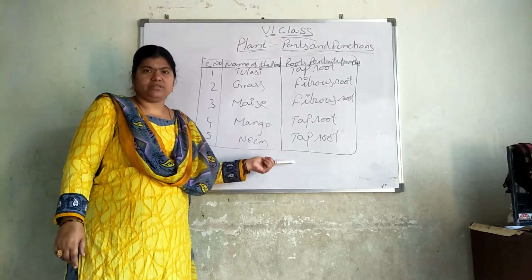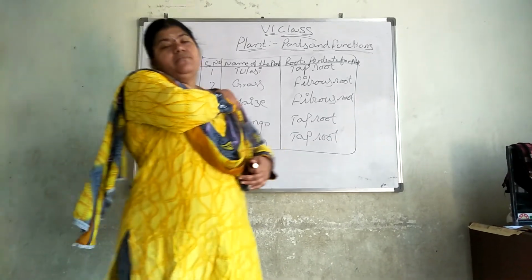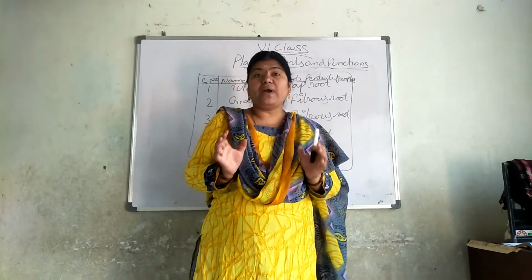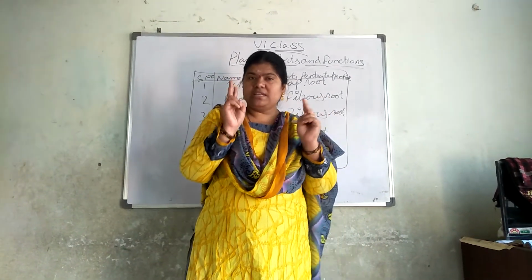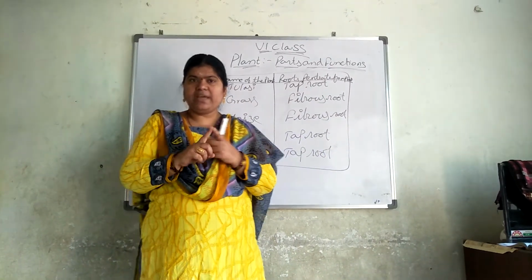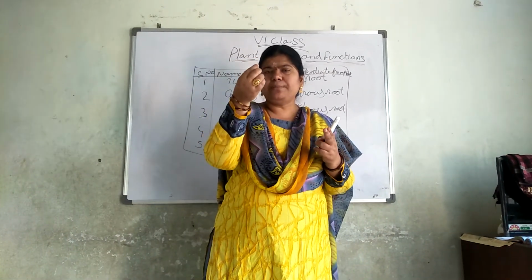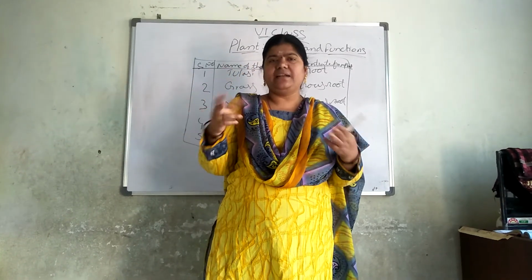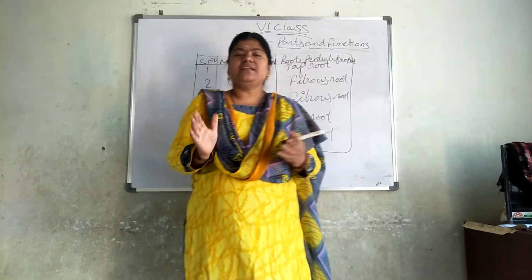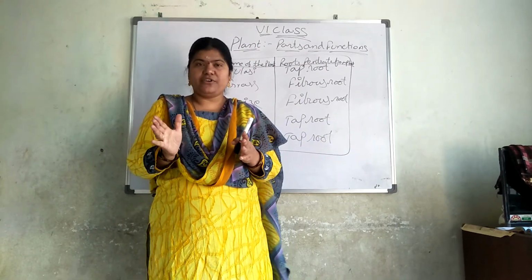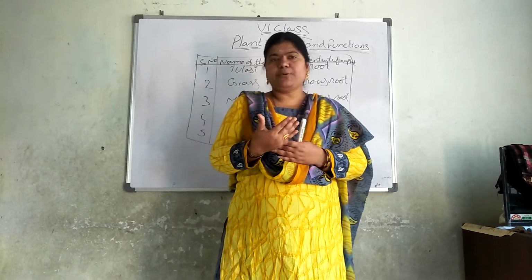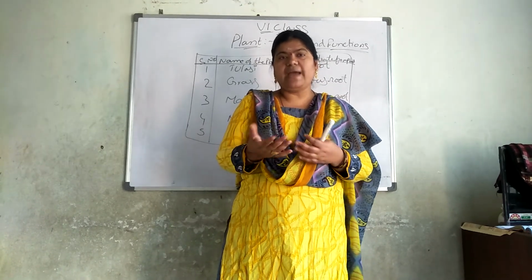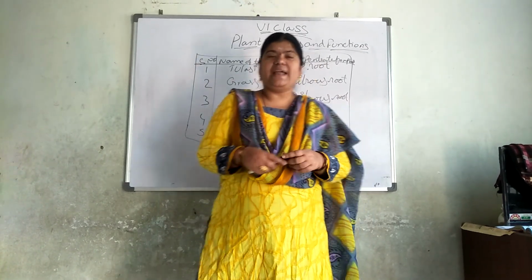And neem, taproot system. Tomorrow, get ready with 2 types of plants. We are going to do an experiment. Get ready: 2 disposable glasses you keep. Next, take the 2 thin plants and get ready, and next a colored ink, any color, red or blue. Get ready and sit in front of the class. Whatever experiment I am going to do tomorrow, you have to follow that and do it at your home. This is an activity for you.